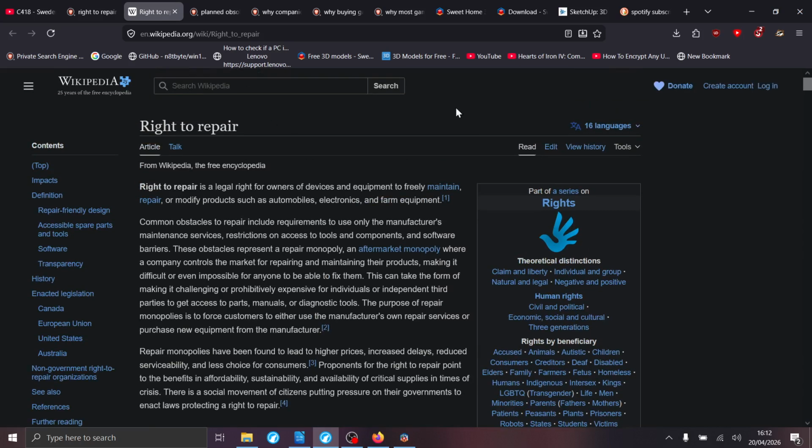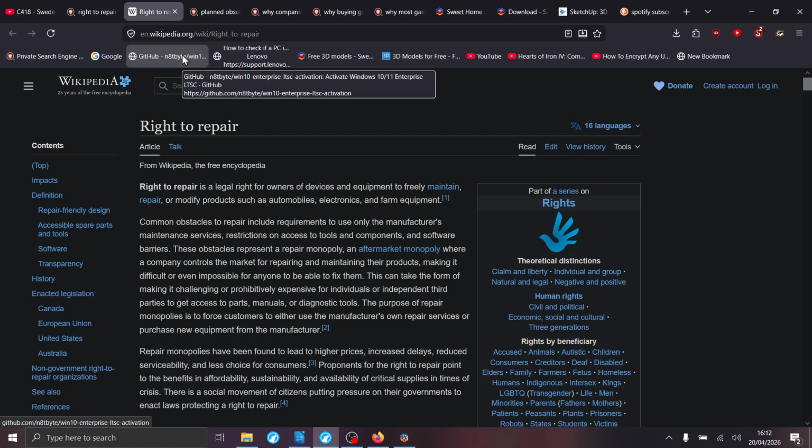The right to repair is very important because not only might the battery not be replaceable because it is soldered, but also you might have a very unique battery.